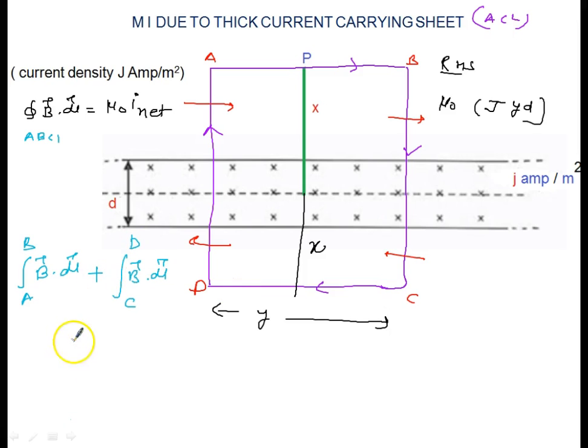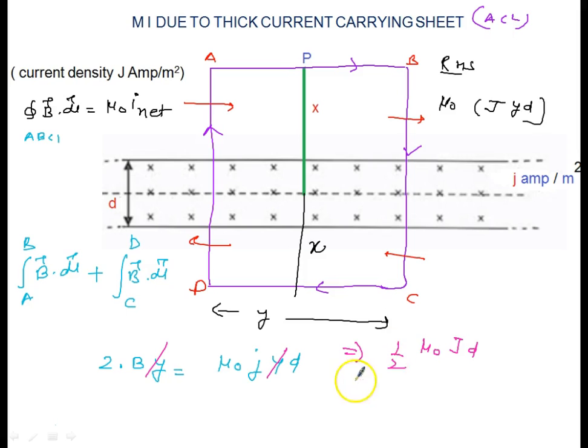So can I write directly, dl is the y length, it is visible to you. So I am writing directly, LHS is written as 2B into y. What is RHS? Mu naught J y d. Now we will cancel the common thing, and what finally we get? Magnetic field at any point outside can be written as 1 by 2 mu naught J D. Mu naught is constant, J is constant, D is constant. You cannot vary it. Is it okay? So outside, B is constant, that is half mu naught J D.